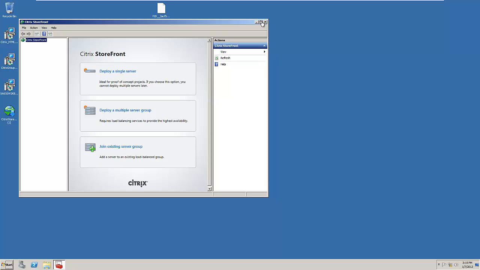In a production environment, we would likely want to have a multiple server group, which we would be front-ending with a load balancer such as a NetScaler in order to provide fault tolerance and load balancing for the resources that are going to connect through the StoreFront. We can also join an existing group. So if we start with a single server, we could bolt in a second one and achieve the configuration of the multiple server group without having to start over. So we're going to start with a single server,